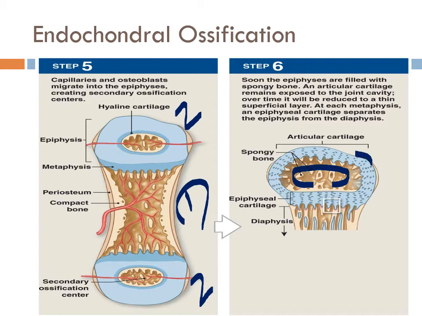Notice that this articular cartilage here is the original cartilage from the hyaline cartilage model that does not differentiate into bone. So keeping that articular cartilage is how our bones are going to seamlessly come together with very limited friction. And then this epiphyseal cartilage is at the metaphysis of the bone, and this is where